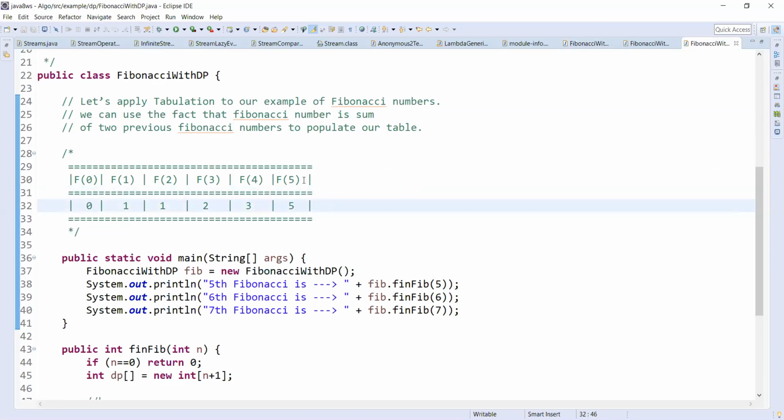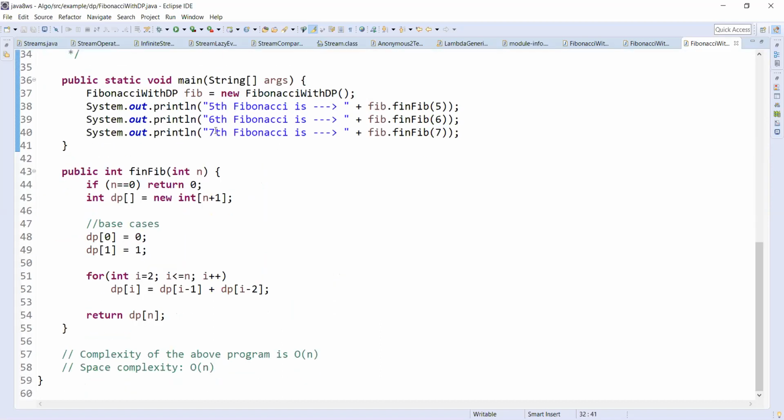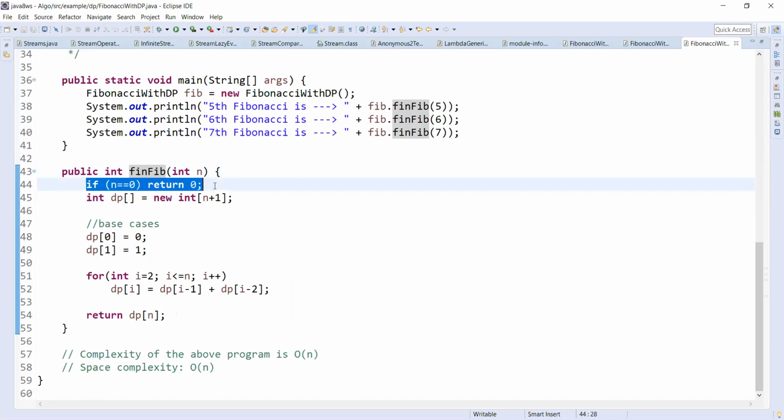Once you reach the actual problem solution, you can return the result from this table. So that's called the bottom up tabulation method. The program is very simple. Find fib. The base condition: if n equals 0, return 0.